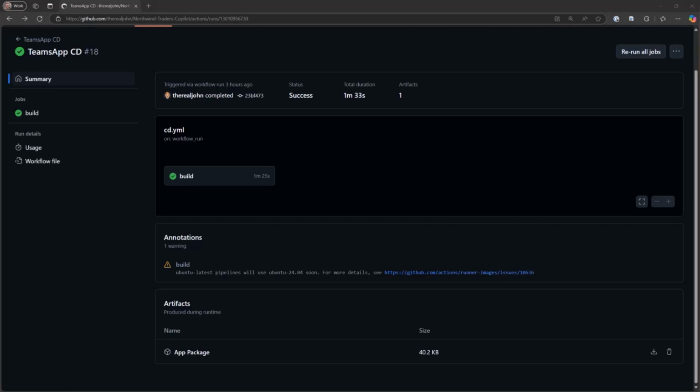If you want to follow along and do this for yourself, I'll put the docs in here. We have these workflow files and all the steps to set up either secret-based authentication or certificate-based authentication with the Teams App CLI. You can add them to an existing pipeline or workflow, and then pick and choose what steps you want. For example, you may not do Teams App deploy if you already have your own deploy scripts, and instead you might want to just do things like package or validate with the Teams App CLI.